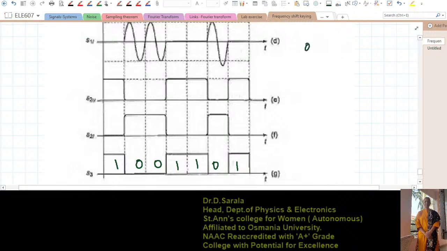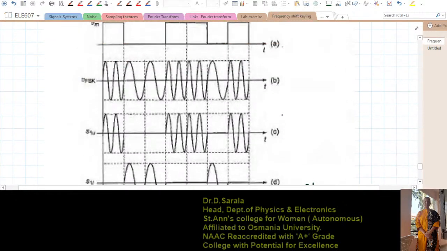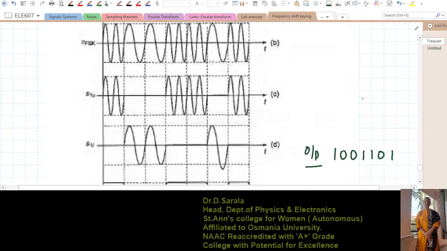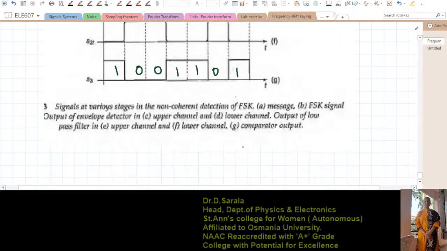So let me write the output here. Your output is 1 0 0 1 1 0 1. Let us see the corresponding input. Input is again 1 0 0 1 1 0 1. This is my input. So it is almost the same. Yeah, you are able to recover the signal back. So original signal is